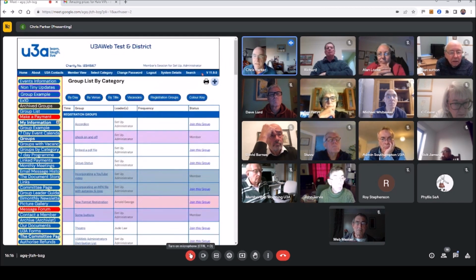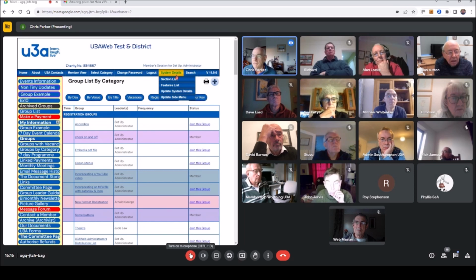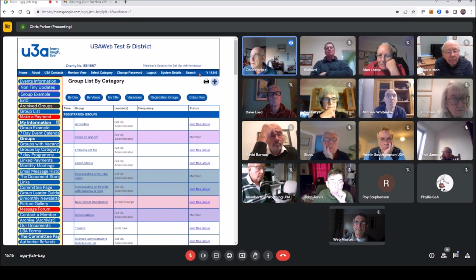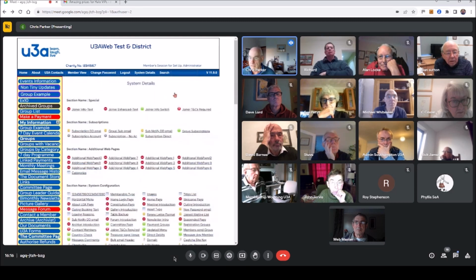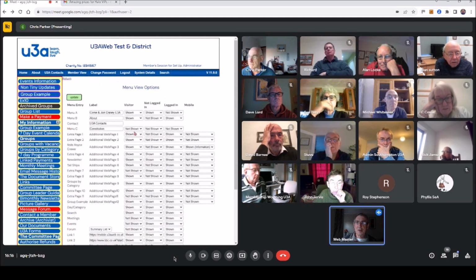I've just about squeezed mine all in, but I've got a very small amount of space left on there, and if it does overlap, then you can corrupt it, which I shall just do for you in a second, just to show what happens. Quite useful though, Chris. Now, if you can abbreviate them, I could get U3A off the front of contact for a start, give a bit more space.